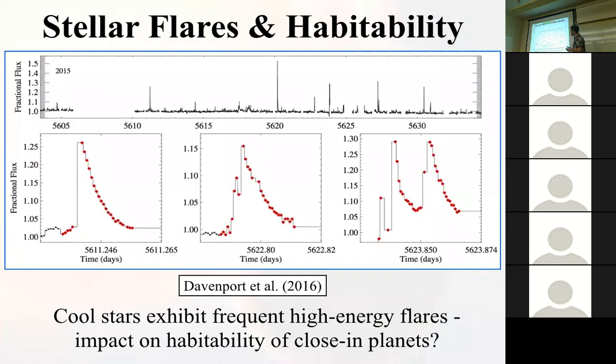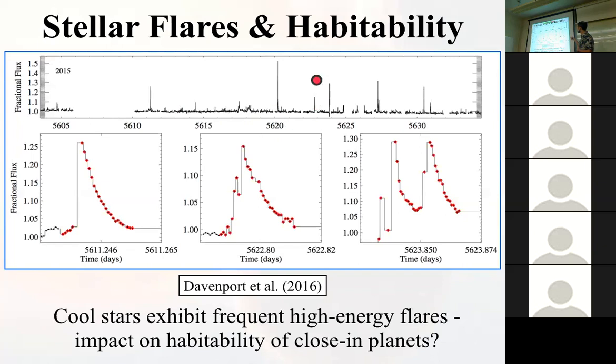The problem, however, is that cool stars are very active. So what happens with stars and stellar evolution, as we have in the sun, is that stars are active to give off high energy radiation. Periodically in the sun we have flares and CMEs. Stars do the same, other stars do the same thing, and in fact, cool stars do it even more so than G-type stars.